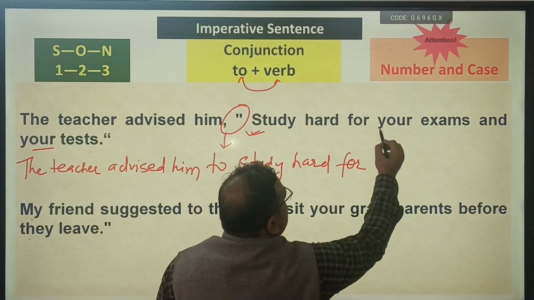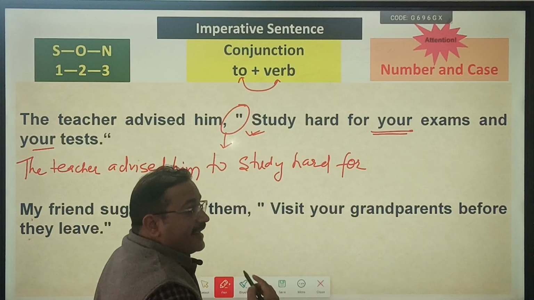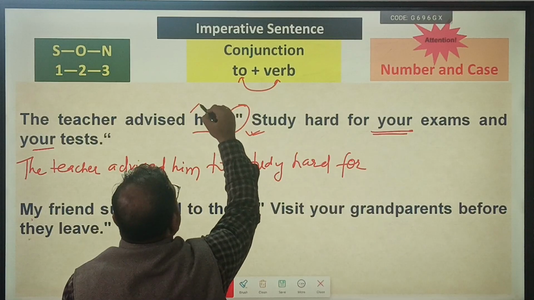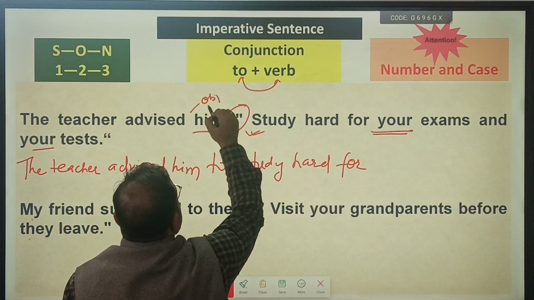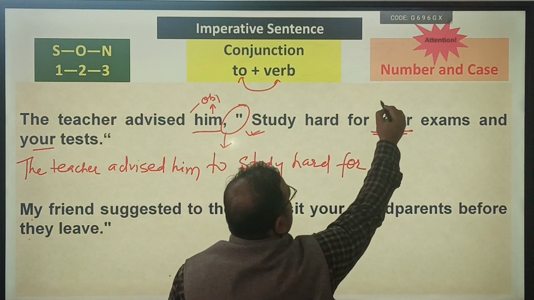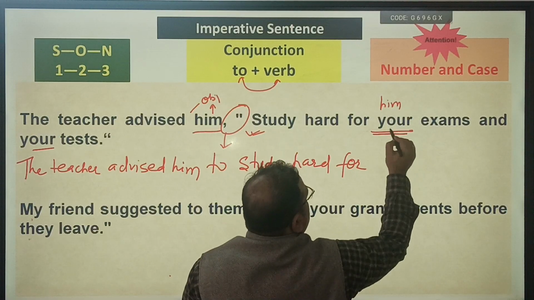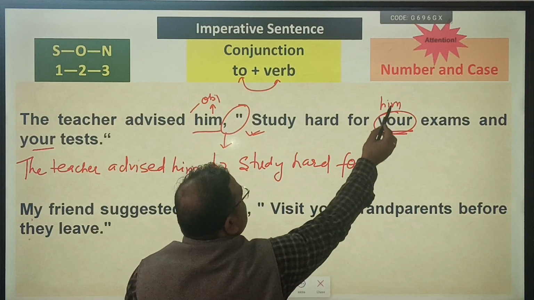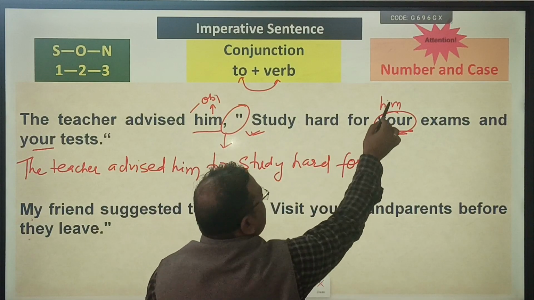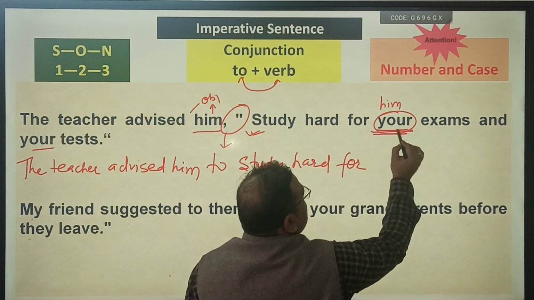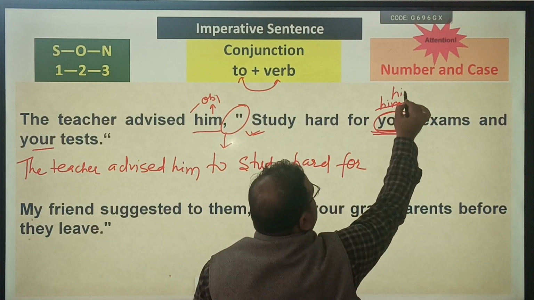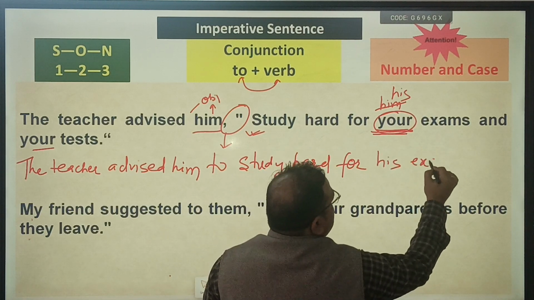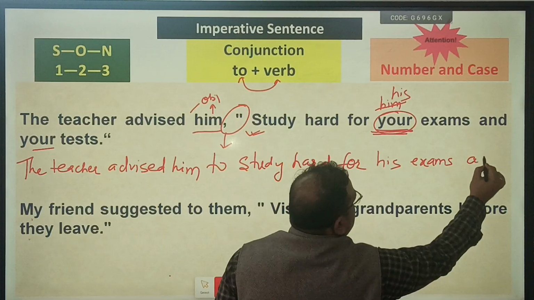for your is second person, will be changed by object. Object here is what? Him. Object here is him. So him. Okay. Now check number. Singular, singular. Check case. This is possessive case. The possessive of him is what? His. For his exams and